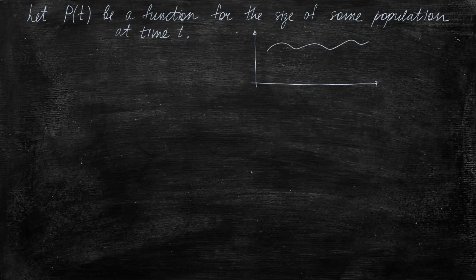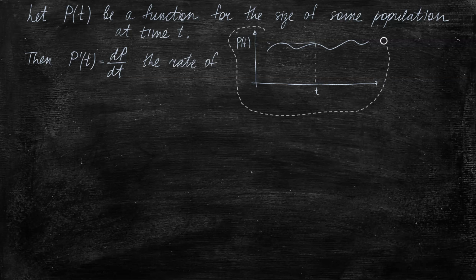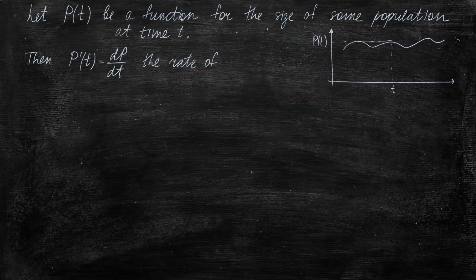At time t we have a population at time t, and as the population changes, the quantity represented by this function, or we can also write it using Leibniz notation, this quantity is what we would call the rate of growth. So basically dp dt tells us how fast the population